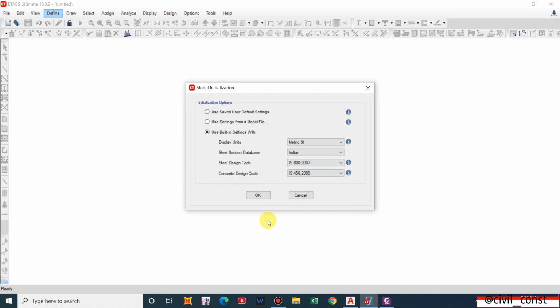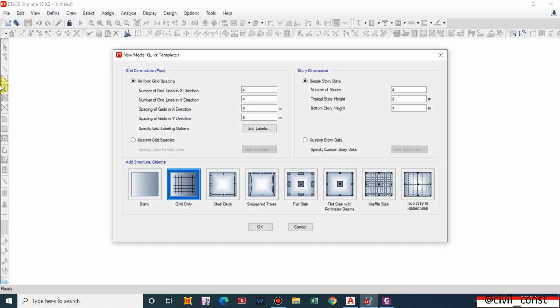Okay, now we will come to the grid formation window. Basically, grid spacing is, in simple terms, the center to center spacing between the columns of the residential building.